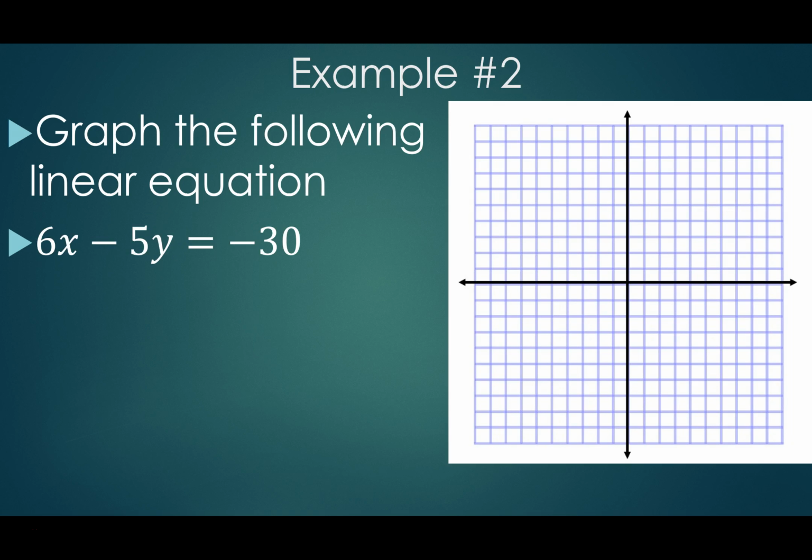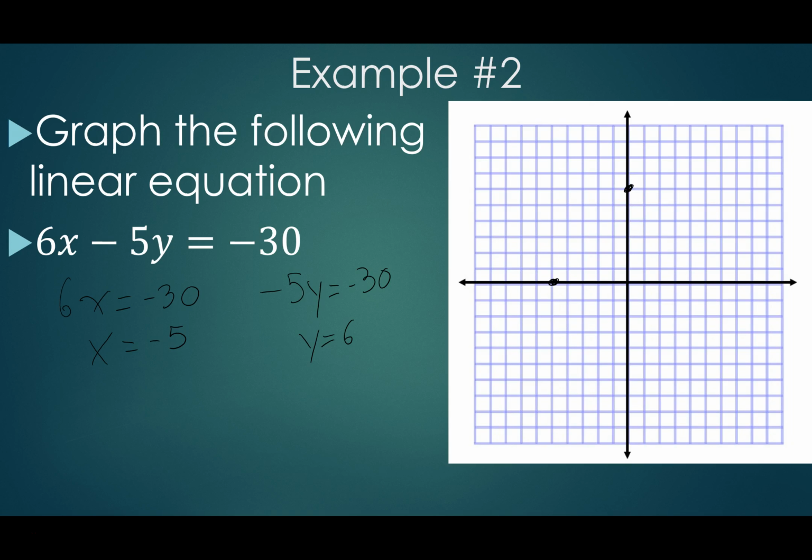Now the other possibility for a linear equation is when it's in standard form. Here we have 6x minus 5y equals negative 30. One option is to solve this into slope-intercept form and get y by itself. Not really necessary. When it's in standard form, you can always solve for the x and y intercepts by setting the x expression, 6x, equal to the constant, negative 30, and the y expression, negative 5y, equal to the constant, negative 30. By solving out both these equations, you will find where we cross the x-axis, which will be at negative 5,